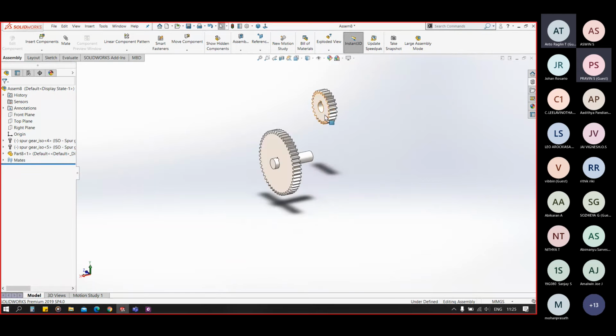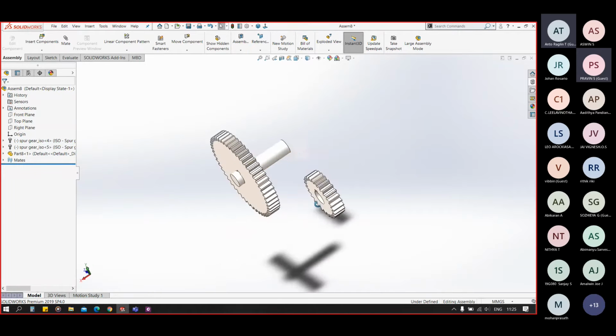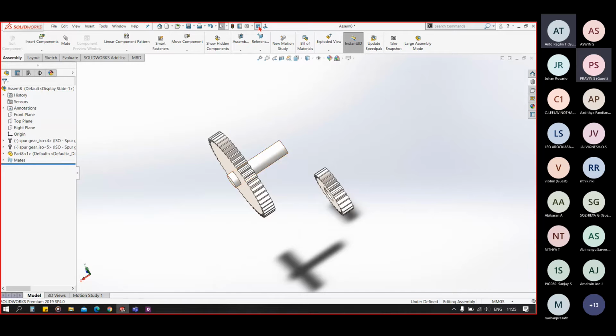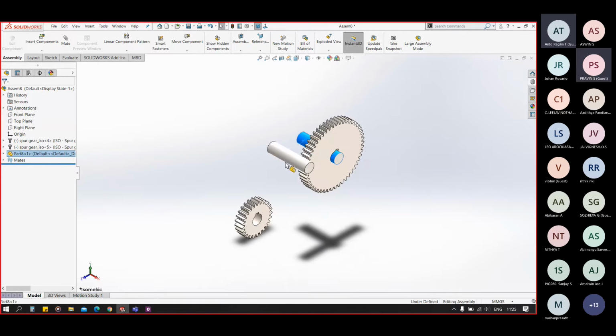Now for the similar case, I will create a new shaft here.